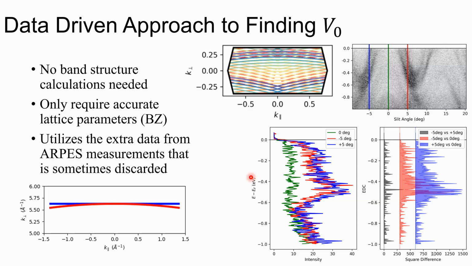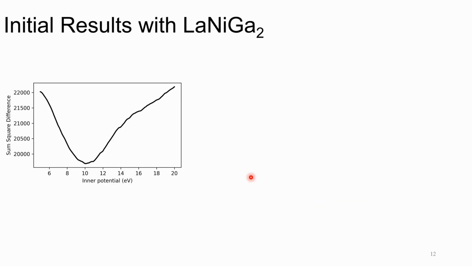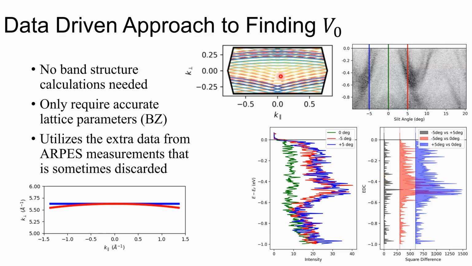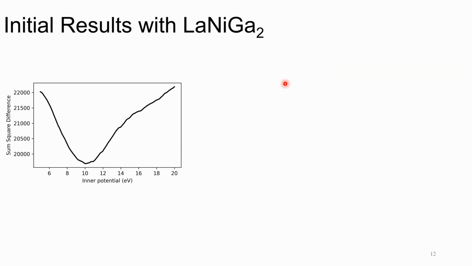So I'm going to extend this and apply it to that entire three-dimensional data set. Now, all the pictures I've shown here were two-dimensional slices through momentum space, but my data set, remember, is an angle in this direction and an angle in this direction and photon energies in that direction. So I have this three-dimensional momentum data set that I'm projecting into the Brillouin zone. And if I plot the sum of squared differences of every close-by crossing in the zone as a function of inner potential, I get a curve like this,